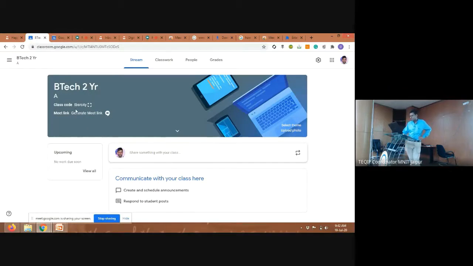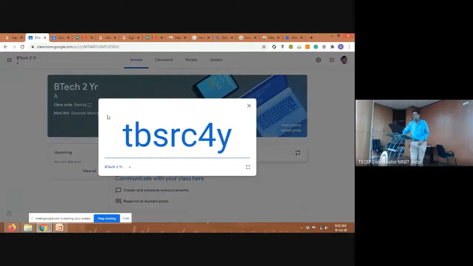And to join this class, students would need this code that is visible here. Okay, I can just enlarge it. So this code I can share with the students, and using this they can join the class using the same link.